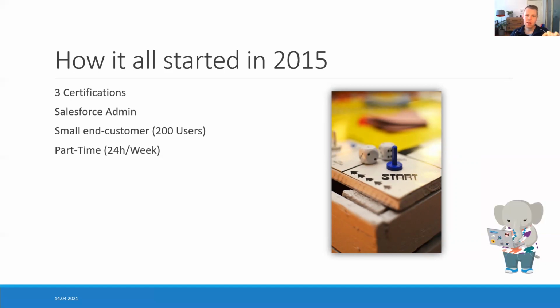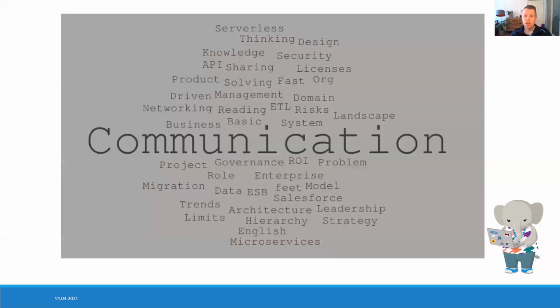This is one of the main stories I want to share today, learnings. Don't listen to others, just keep on studying. But it's not enough to just study Trailhead alone. The CTA is so much more, and I think all of our projects are so much more. It's about communication, it's about governance, ROI, problem solving, migration, roles hierarchy, strategy, English. I mean, you have to be fluent in English. Microservices, governance models, larger IT landscape, how to communicate on C-level, or to take it from there.